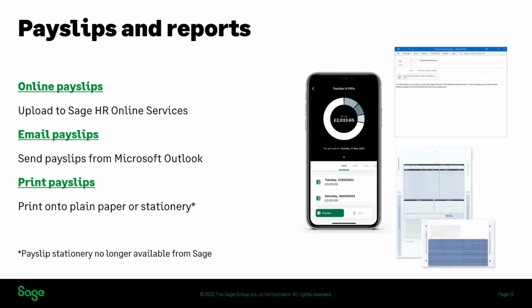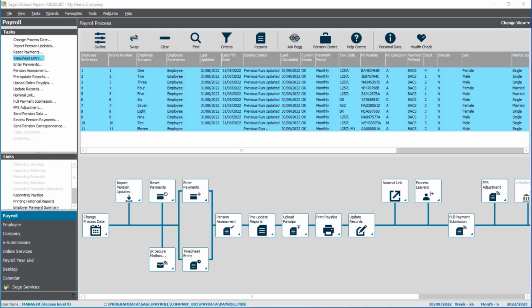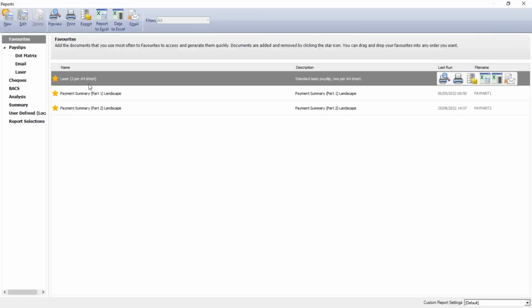So we'll take a look at the payslips now. We've been through, we've entered the payments. The next option I'm going to run is pre-update reports. You can see it's just here in my payroll tasks, and it is also here in the process map. And the first thing you see in pre-update reports are any reports you've added to your favorites. So I've actually added a payslip to my favorites as well as some payment summary reports, which I'll show you in a sec. But if you are going to be printing your payslips, you'll need to choose your preferred layout,